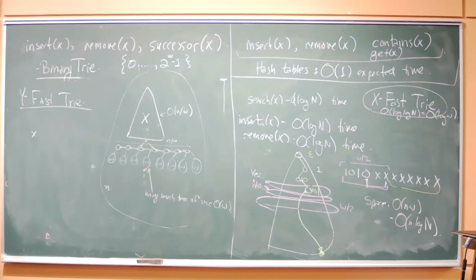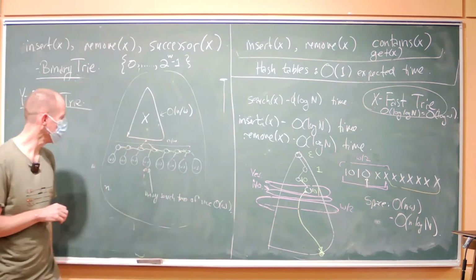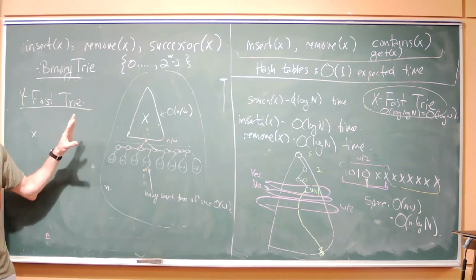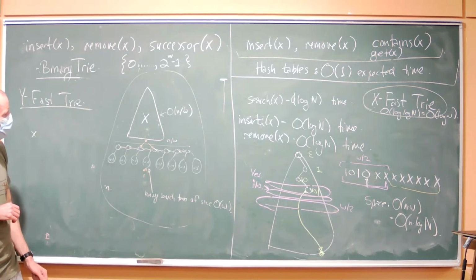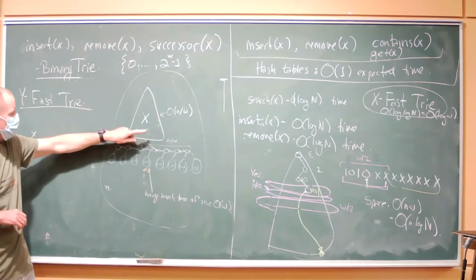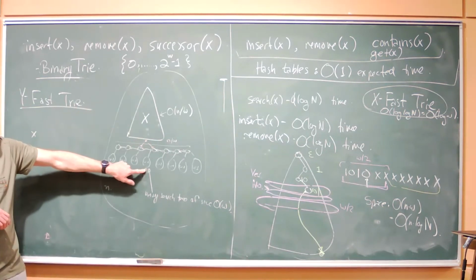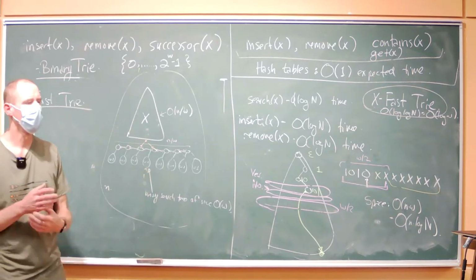So that, at least in terms of just getting the space down, not worrying yet about insert or remove, seems to work, and it doesn't slow down the searches by more than a constant factor, because now, in addition to searching in the XFast tree, you have to do a search in a little binary tree. Yeah. So the actual size is